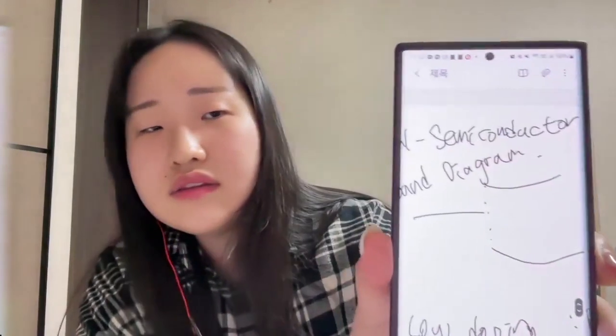When we draw the band diagram of the metal-semiconductor junction, we should make the Fermi level and metal work function constant. So that band diagram should be like this